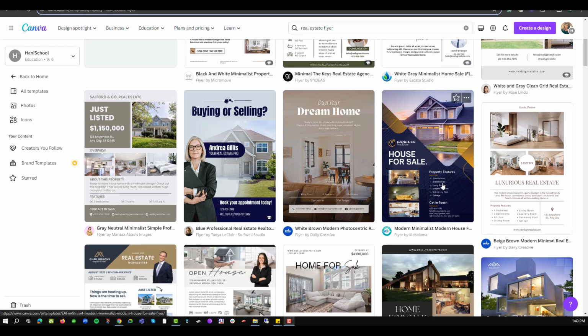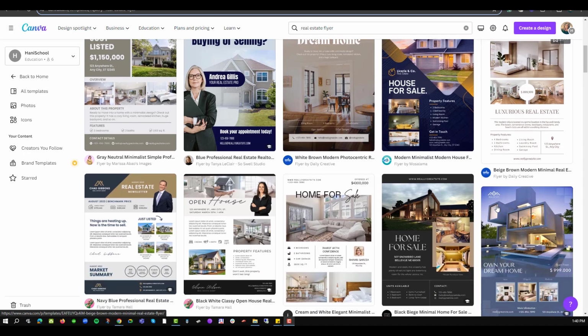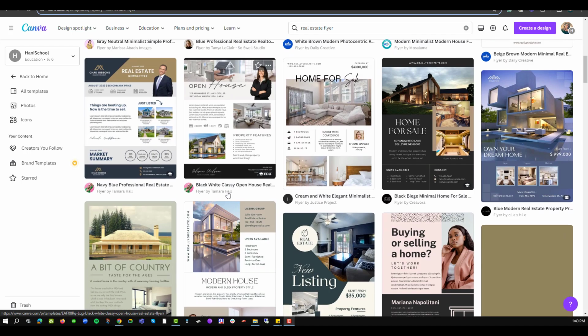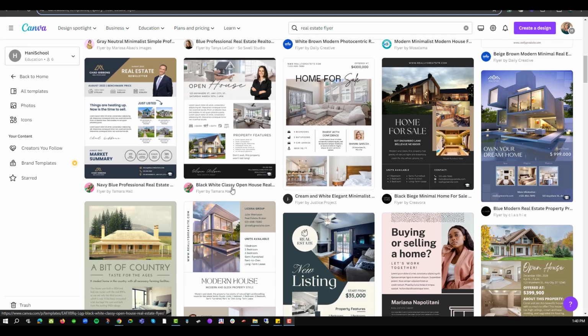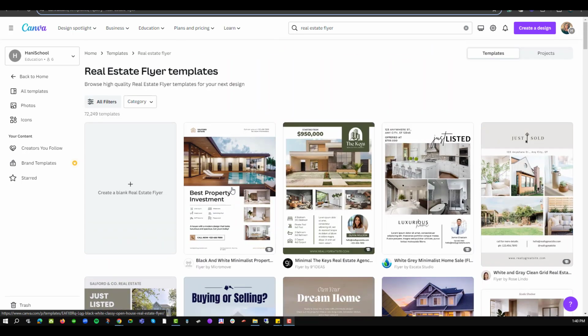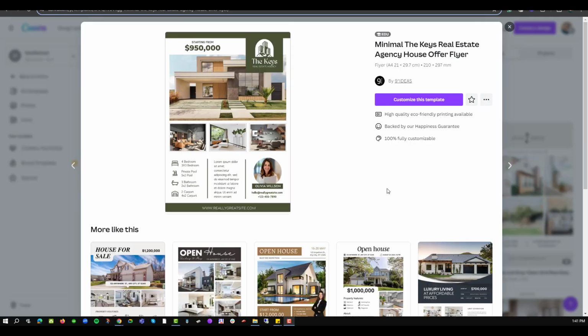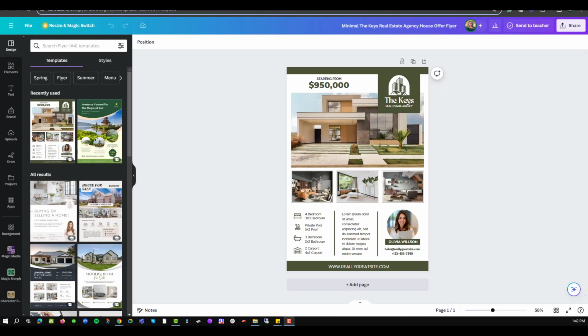If I like the blue themed, or I'm talking about a single property or multi-property, then the choice is yours. In this case, I'll pick one for demonstration, and I'll pick this minimal NQ real estate agency. I'll click on the template and it will pop up a flyout menu. On the flyout, I will select the customize this template command and the template will open in design